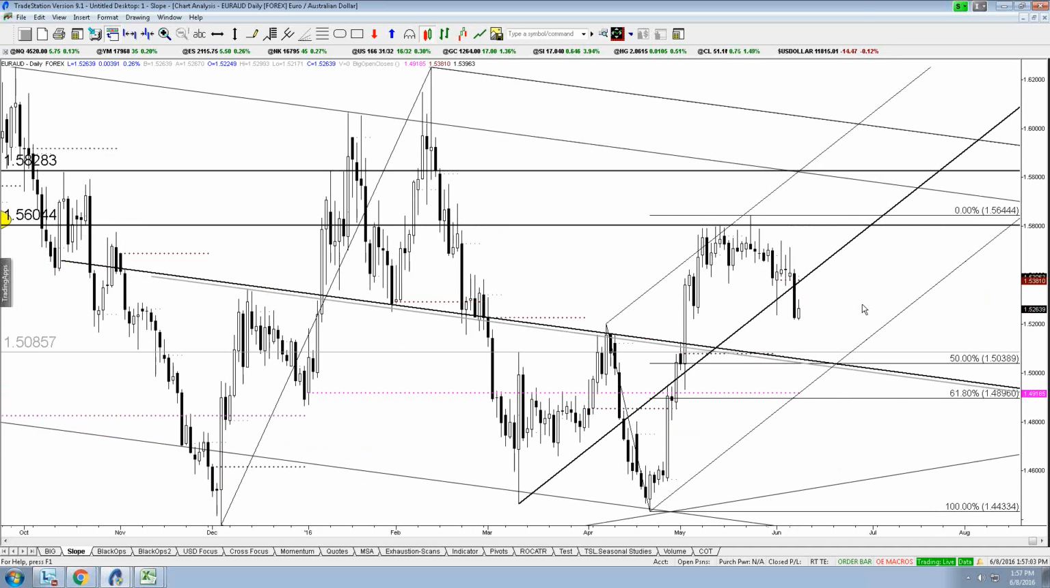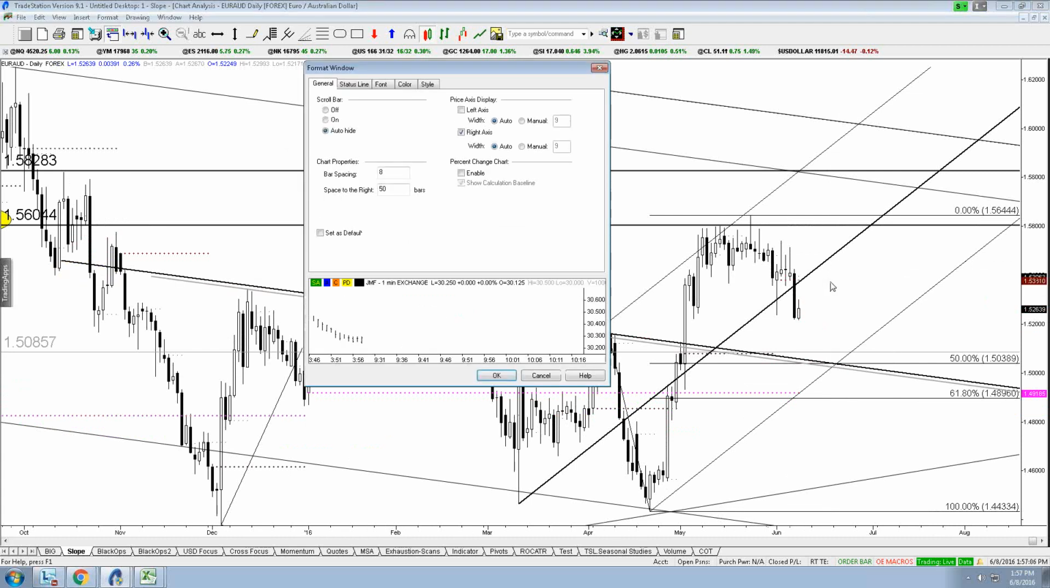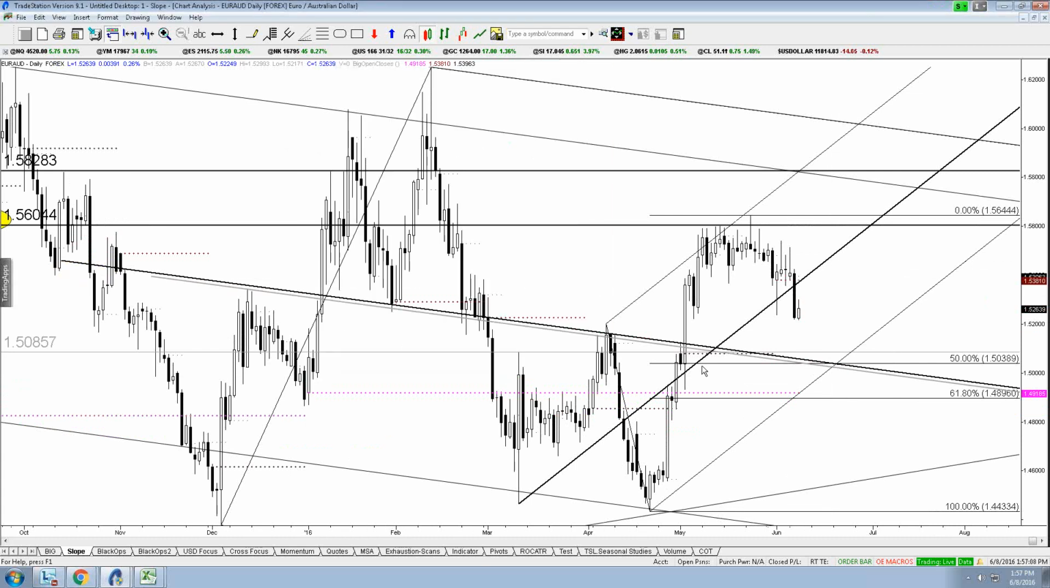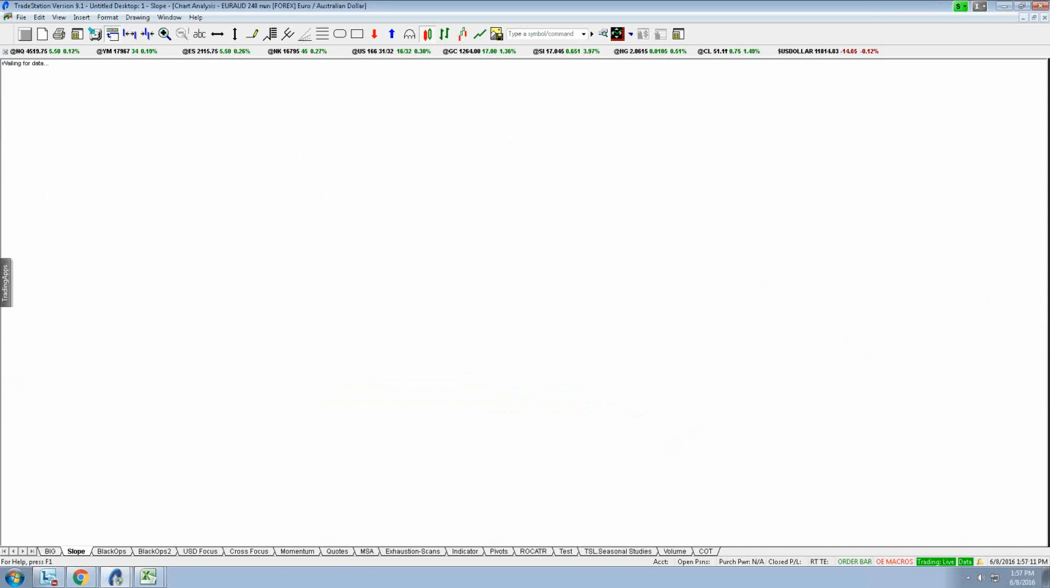I'd rather trade Aussie dollar than Euro Aussie, because I think Euro's going to go higher at some point anyway. But if you're bent on trading Euro Aussie, then